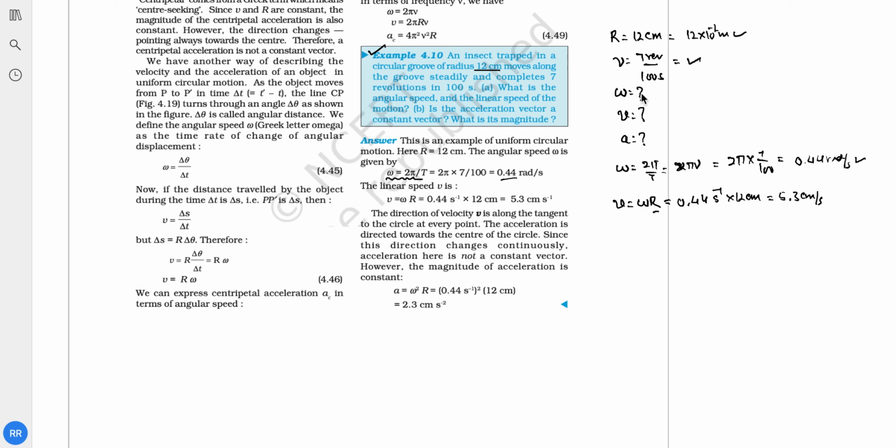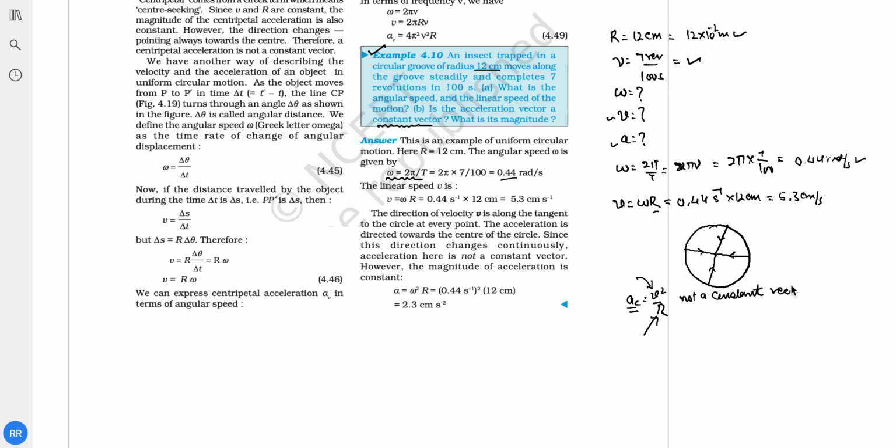फिर आगे अगली बात आपसे पूछी हुई है, हमने एंगुलर स्पीड निकाल लिया, वेलोसिटी निकाली, एक्सेलरेशन निकालना है। सो एज द क्वेश्चन, is the acceleration a constant vector? ये हम इसकी एक्सप्लेनेशन आपको पहले ही दे चुके हैं कि जब एक पार्टिकल सर्कुलर ट्रैक में घूमता है तो उसमें हमने 3 फिगर्स बनाए थे। फिगर 1, फिगर 2 और फिगर 3 में हमने ये देखा था कि एक्सेलरेशन इज ऑलवेज डायरेक्टेड टुवर्ड द सेंटर। सो वो हमेशा सेंटर की ओर रहता है, और उसकी डायरेक्शन हर पॉइंट के ऊपर बदलती जाती है। सेंट्रीपिटल एक्सेलरेशन होता है v² अपॉन r। इसमें स्पीड कांस्टेंट रहती है क्योंकि यूनिफॉर्म सर्कुलर मोशन है, r रेडियस ऑफ द सर्कुलर ट्रैक है, तो मैग्नीट्यूड तो कांस्टेंट है बट चेंज इन डायरेक्शन की वजह से जो वेक्टर है वो लगातार चेंज होता रहता है। सो हम ये कह सकते हैं कि इट इज नॉट ए कांस्टेंट वेक्टर,